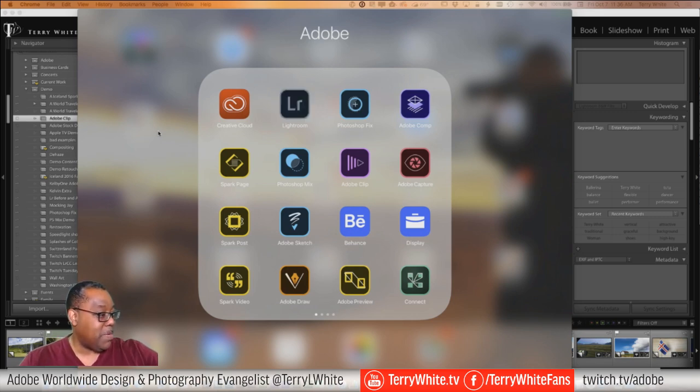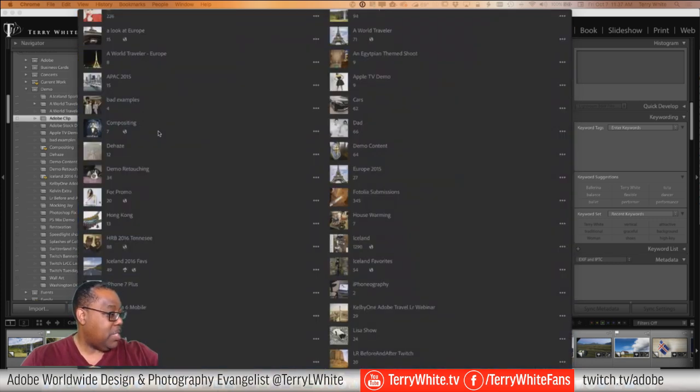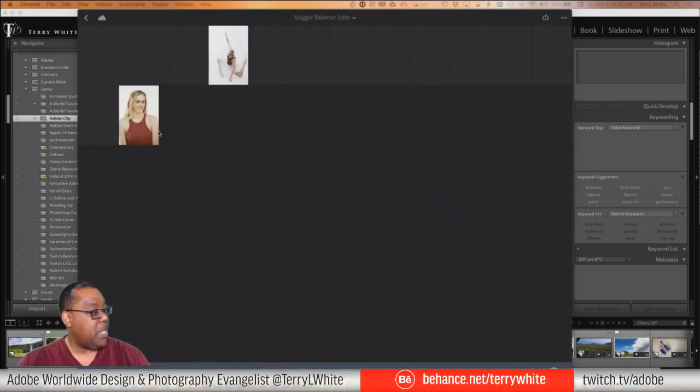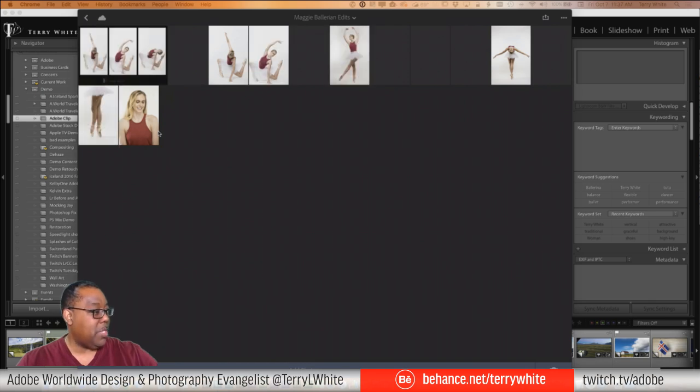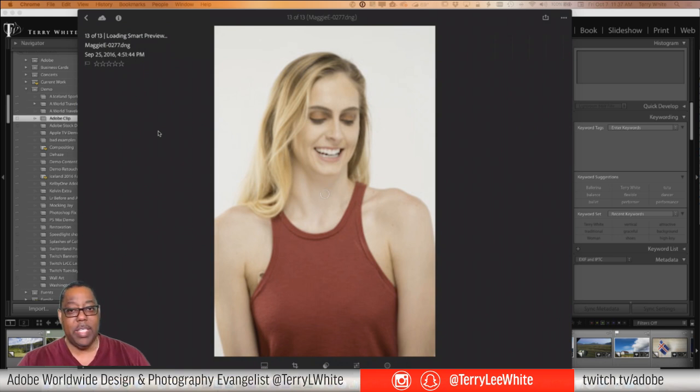So for example, if I were in Lightroom first, and let me jump to the right collection here. Let's see, we want to go to Maggie's edits. There we are. And those are coming down now. If I wanted to edit this particular photo in Lightroom, I'm here. I'm in all the editing controls I have. But if I wanted to fix or clone or do something that's pixel related, as we know, Lightroom doesn't do